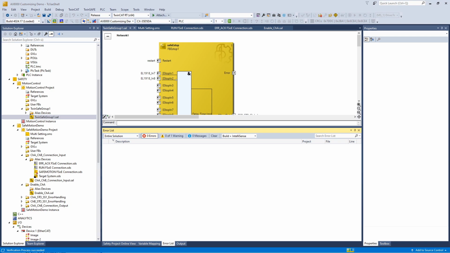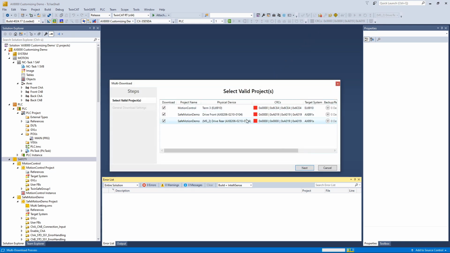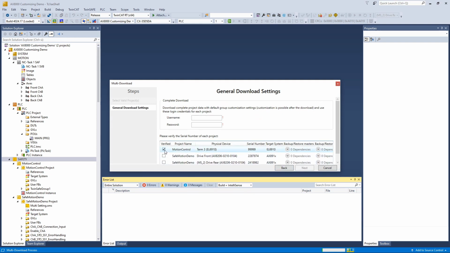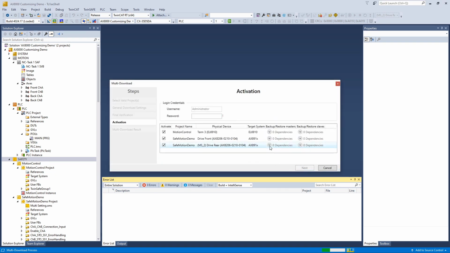The verification is succeeding, so we can start the download now. For the download, we start our multi-download tool. We choose our 3 projects, the EL6910 and the other 2 projects for the AX8000. We verify the serial number and enter username and password and start the download. After the download is done, we have to verify the CRCs, and we can activate the project